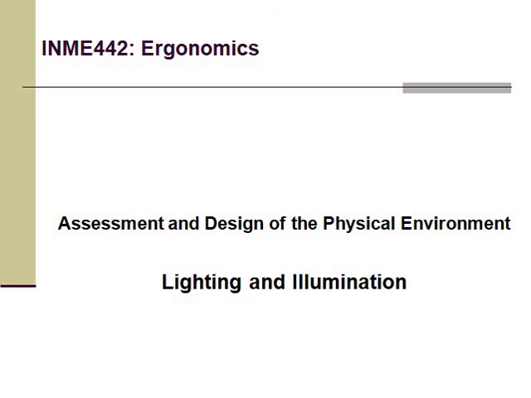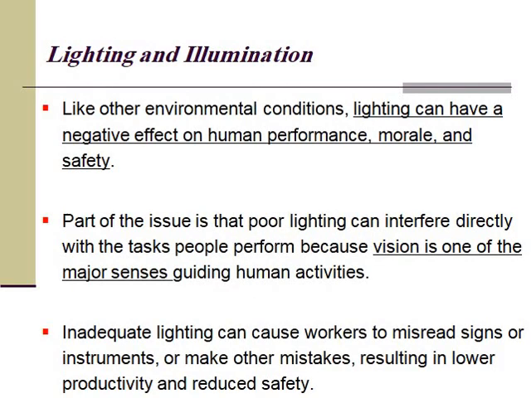Hi, we're still working with the assessment and design of the physical environment, but today it's going to be in terms of the lighting and illumination. Lighting has a major effect on human beings. So, if we had poor lighting in a work environment, this could have a negative effect on the performance of workers, on their spirits and morale and safety, because poor lighting interferes directly with the tasks that workers are performing,